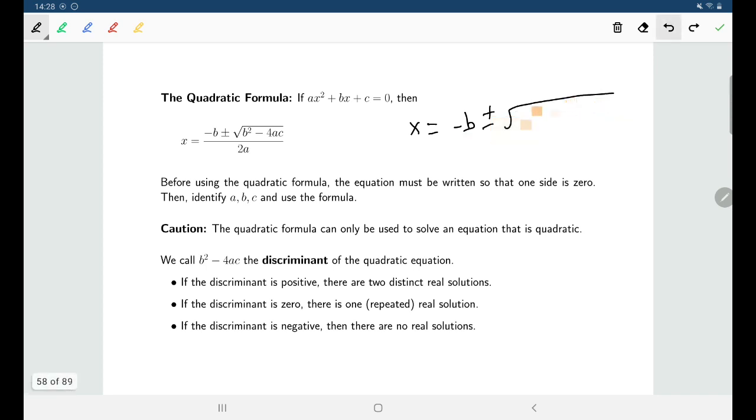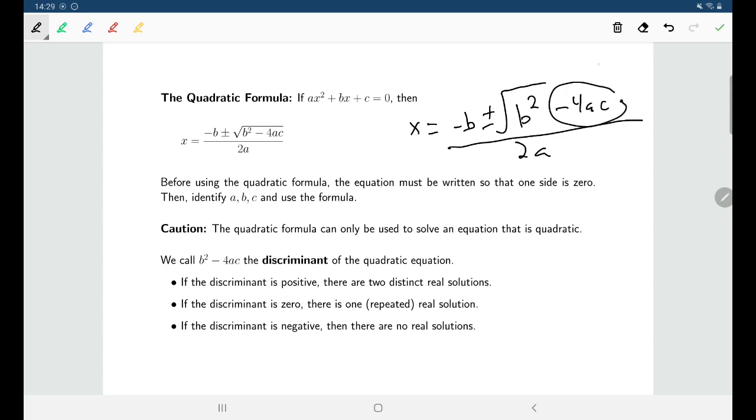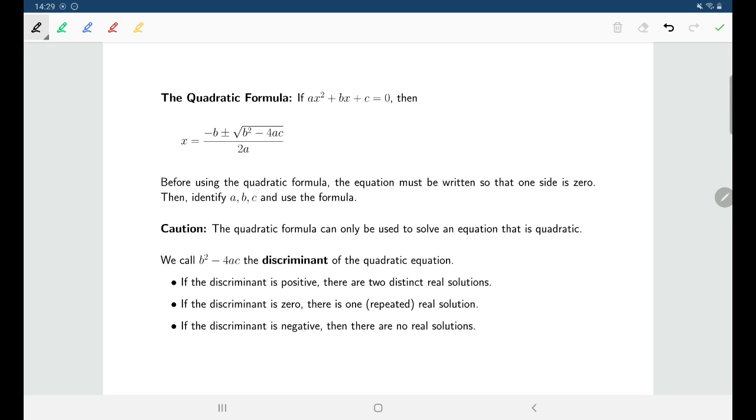The other place where people can make mistakes is with the square root. Sometimes I'll see people doing this because they're in a little bit of a hurry and their square root sign doesn't quite cover everything. It doesn't quite cover the 4ac. So when people are running things through their calculator, they're not including this as part of the square root. And that is also wrong. So be careful. When we're using our quadratic formula, b squared minus 4ac, all of that is inside the square root. And all of this, negative b plus or minus root of b squared minus 4ac, that's all the numerator